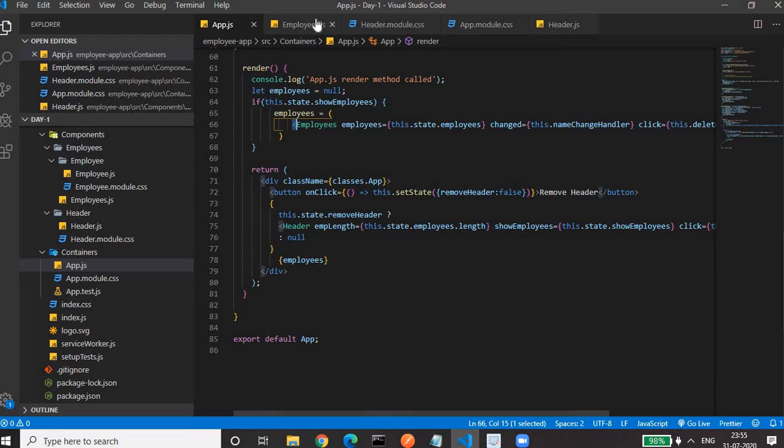So I moved this code to the employees component and I refer to the employees component here, and whatever props are required for creation of the employee component within the employees component, those props we are providing here.